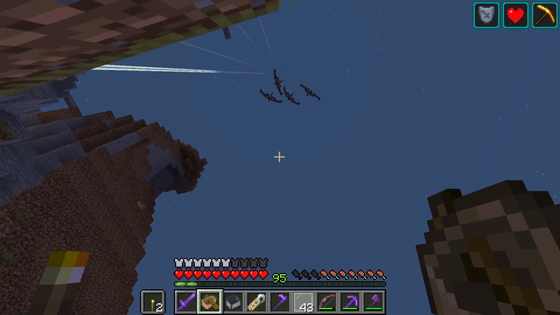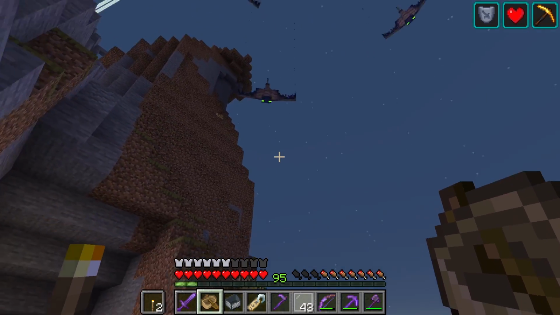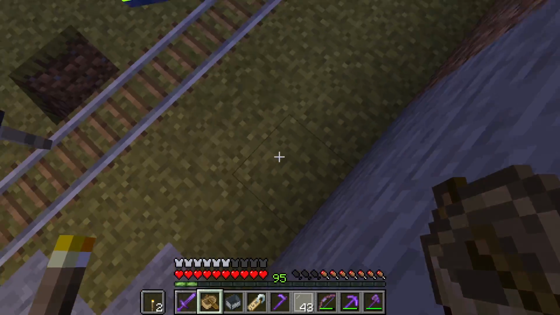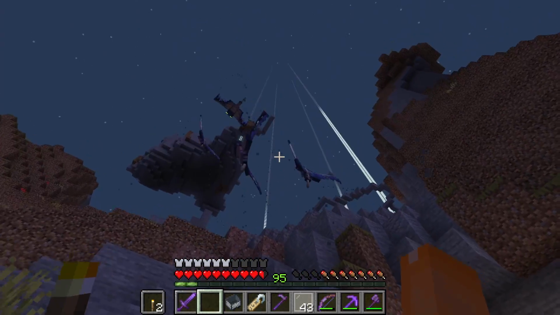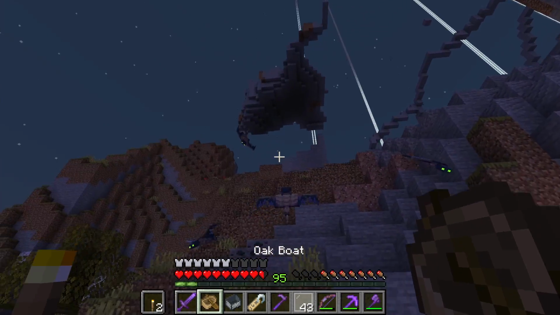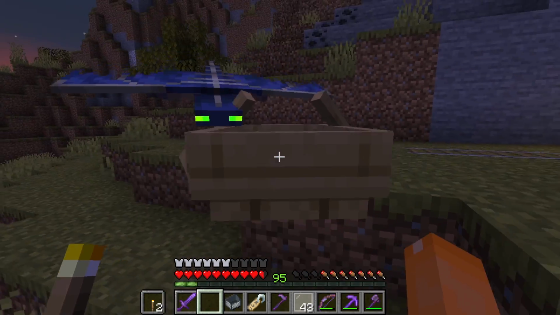They'll swoop down like this. They'll swoop down and I'll put one of them into a boat when it attacks me. So, if I jump... Come on, get in the boat. How do you get a phantom into a boat? I don't know. Okay, let's see if I can do this properly. This might take a little bit of time, so...